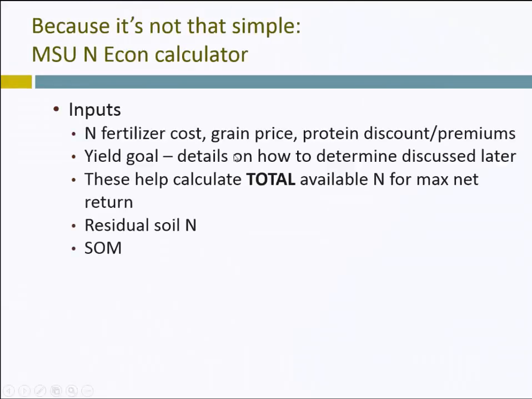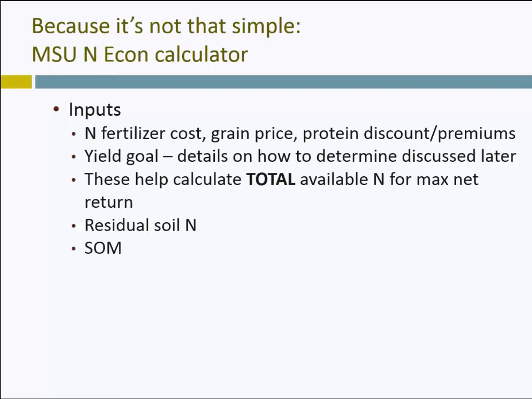And of course, it's not quite that simple, which is why my colleagues over in ag economics and I have developed an economic calculator to determine the optimum nitrogen rate. What you need for that calculator is the nitrogen fertilizer cost, the grain price, the estimated protein discount and premiums, which I realize we don't always know at the time of fertilization, but we can use recent averages, and